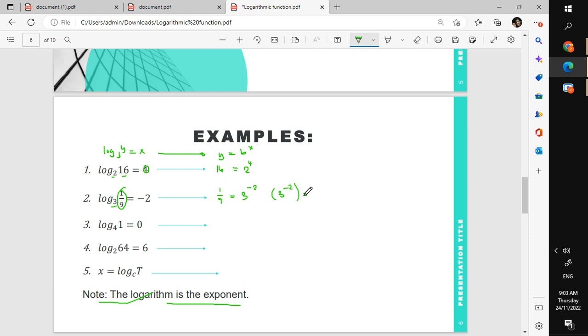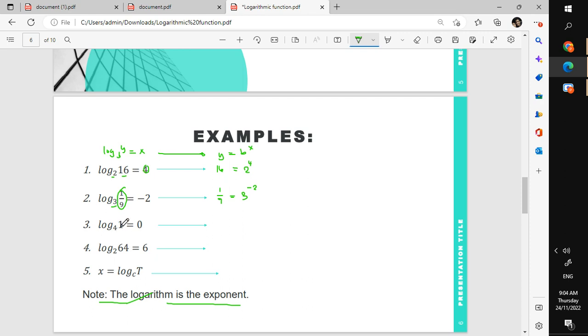Going back to the previous rules that we have discussed, you take the reciprocal of 3, that is just equal to 1/3, and then you change the exponent from negative to positive. So simplifying this one, we have 1 times 1, and we have 3 times 3. That gives us 1 over 9, which is basically the same as the left side of our equation. Next, we have here,